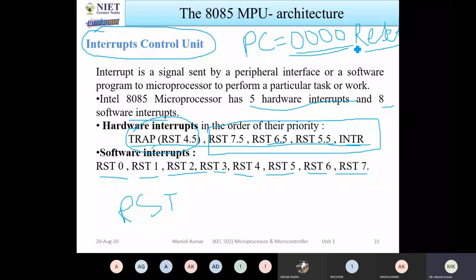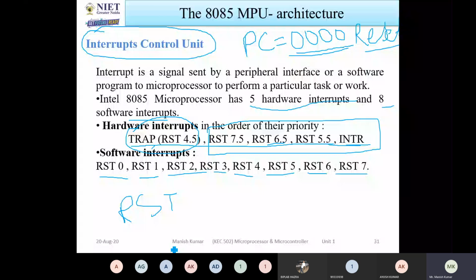ओके, फॉर दैट पर्पस, see that there are two types of interrupts, vector interrupts and non-vector interrupts. I will discuss later in the second unit. Topic is there, 8085 interrupts. Okay, so what will happen? The vector interrupts और non-vector interrupts. तो जो वेक्टर इंटरप्ट होता है उसकी एक एड्रेस होती है, एक लोकेशन होती है. जैसे मान लो ये तुम्हारा RST3 है, तो ये बता रहा है कि तुम्हें रीस्टार्ट करना है. कहां से? 3 से. हमें 3 से रीस्टार्ट करनी है.